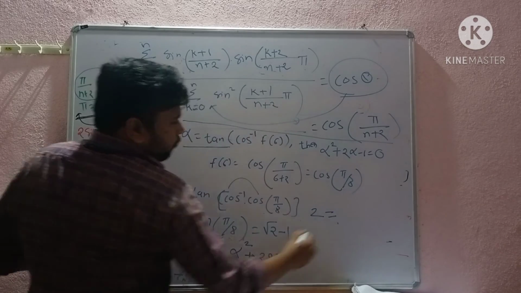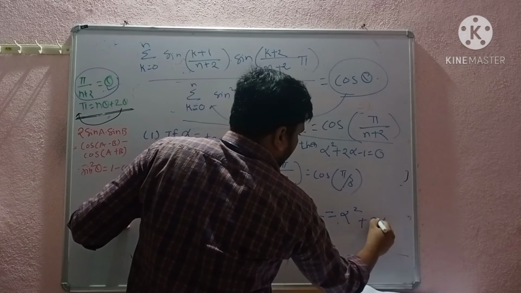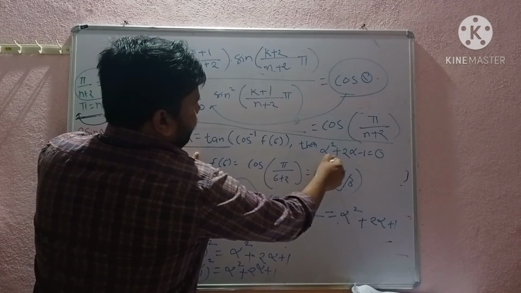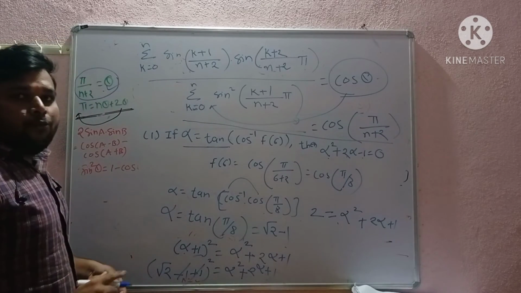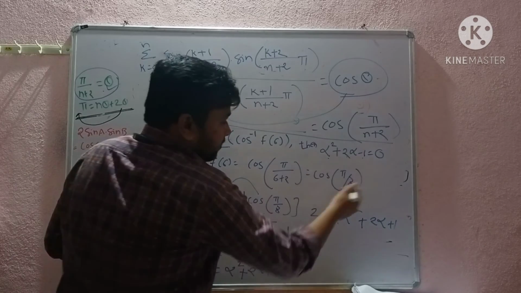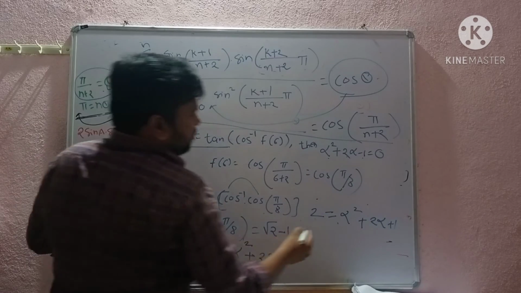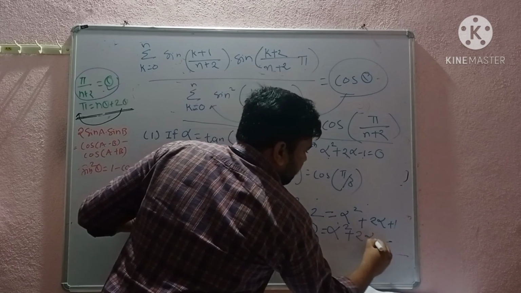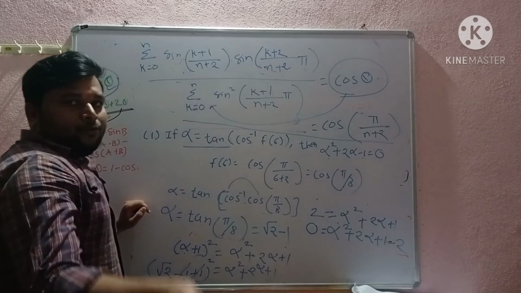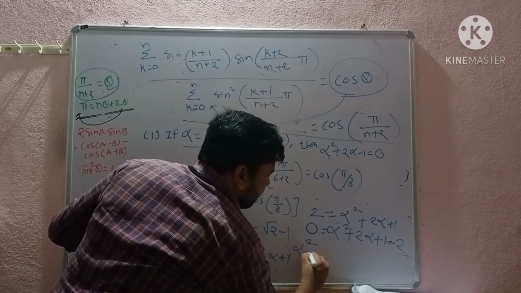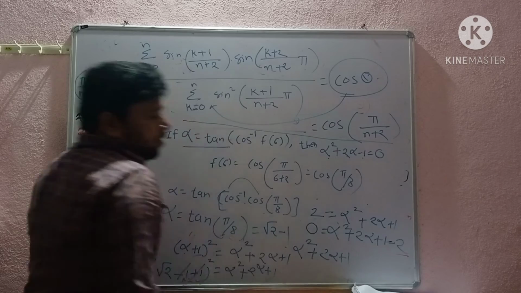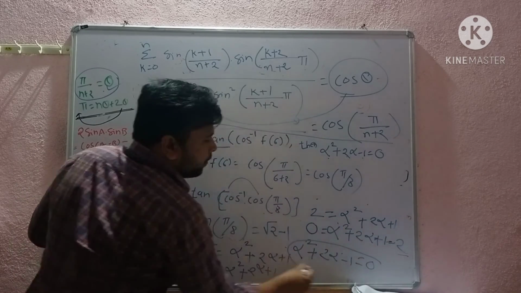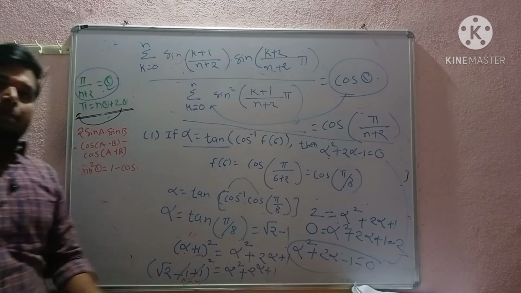The equation becomes 2 is equal to alpha square plus 2 alpha plus 1. Now what has been asked here? It is asked that alpha square plus 2 alpha minus 1 is equal to 0. That's why we have to subtract 2 from both sides, LHS and RHS. Subtracting 2, it becomes 0 is equal to alpha square plus 2 alpha plus 1 minus 2. Now come to the final conclusion. Alpha square plus 2 alpha, plus 1 minus 2 becomes minus 1, is equal to 0. Hence we have proved the statement. So option number 1 is correct.